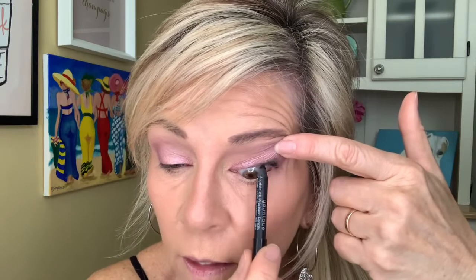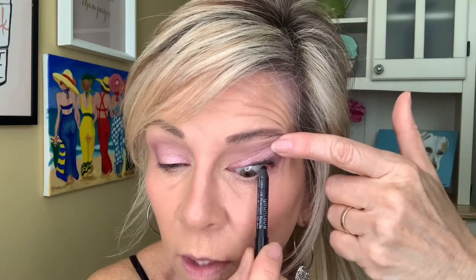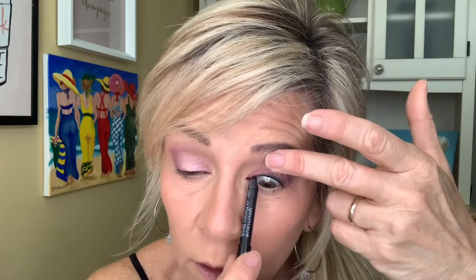Here's the liner I'm going to use. This is black. This is Color Perfect. It is a Younique liner. They typically will be very long, and I've been using this a while. So here we go. I'm not good at just sitting here and doing it like that. I have to literally lift up my eye and stay close to the lashes as you can, just like that. And you'll see how it makes it darker, and it gives you a little more drama